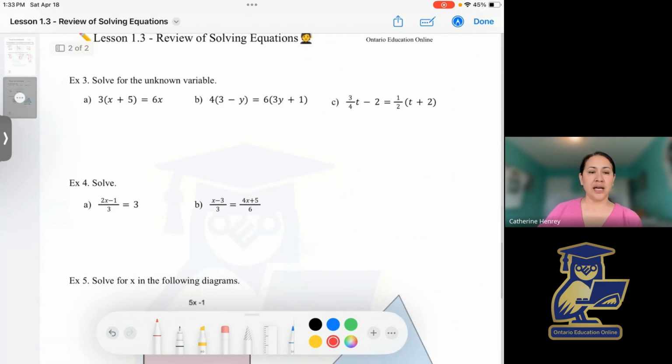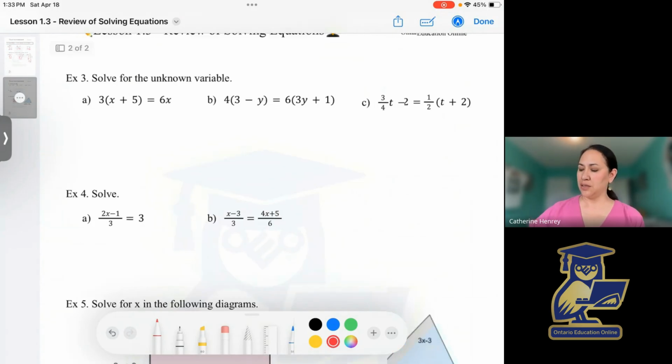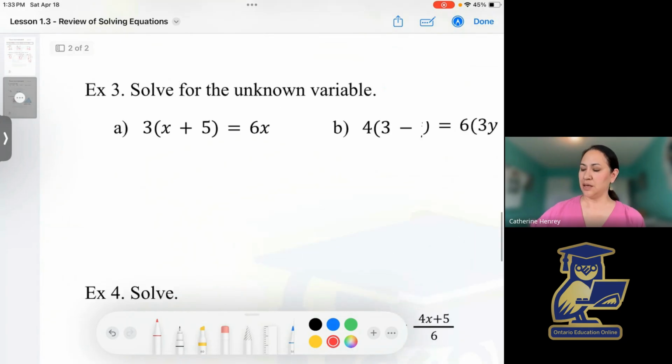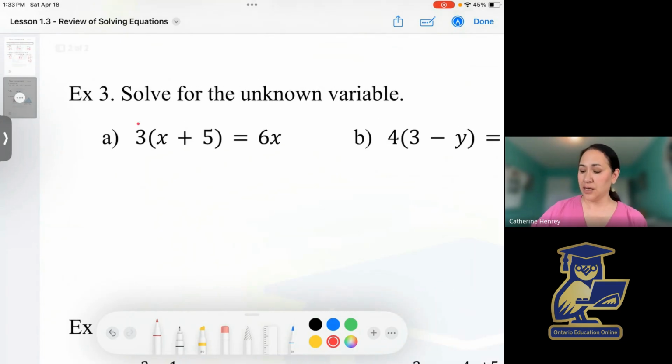Now we introduce again solving equations, but we have brackets. We have to use the distributive property. So let's take a close look at this example here. We have 3 outside the bracket. We're going to have to multiply that by everything in the bracket. We'll have 3 times x is 3x. 3 times 5 is 15